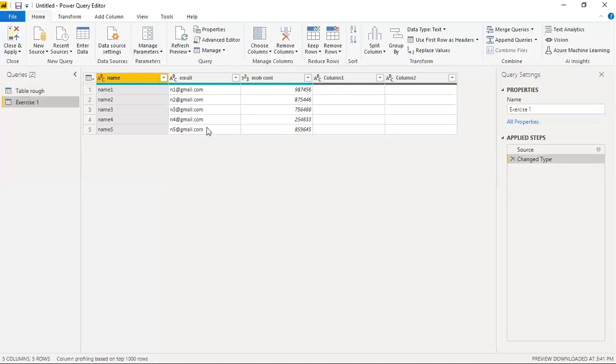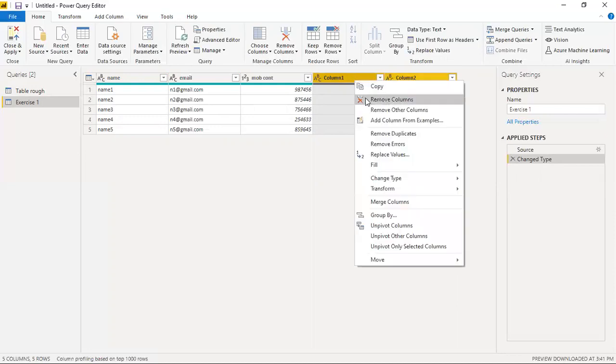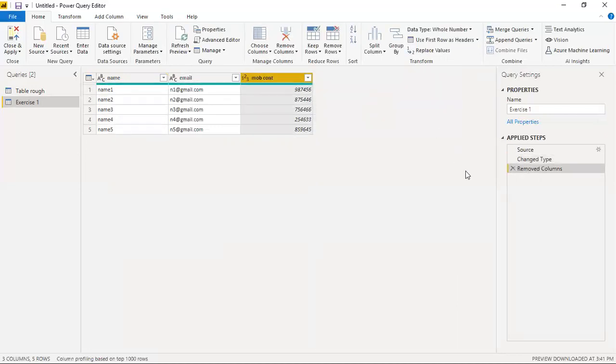Once I'm done with this, we have name, email addresses, and all those things. As you can see, we have 2 separate columns which are of no use. They are blank. The rows that we have created extra are already removed, because they were completely blank. Now we will try to delete this. I can click on this, press shift and click on the second column. We have selected both the columns. I can right click on this and remove the columns. As this step has been applied, we have removed two columns. This is the data and we have removed those columns right now.